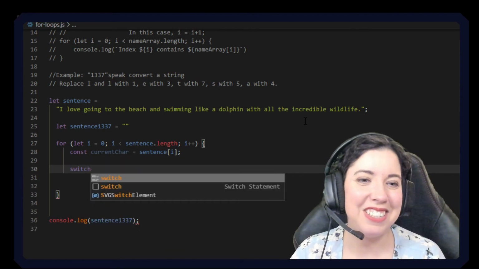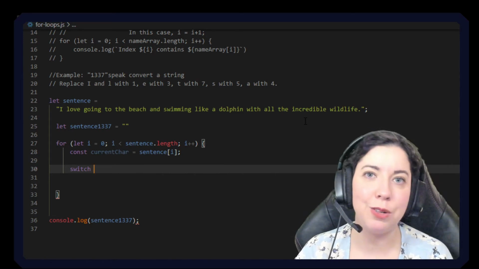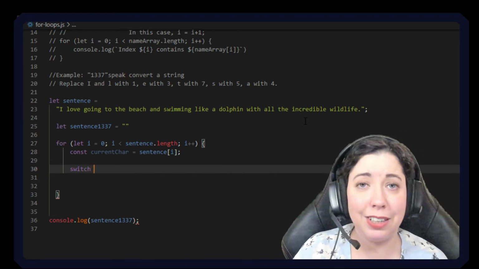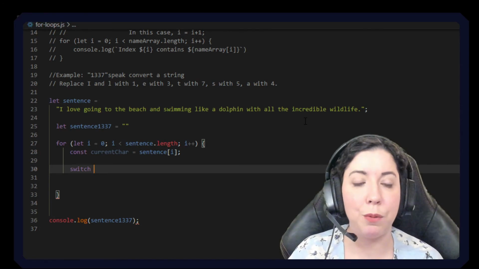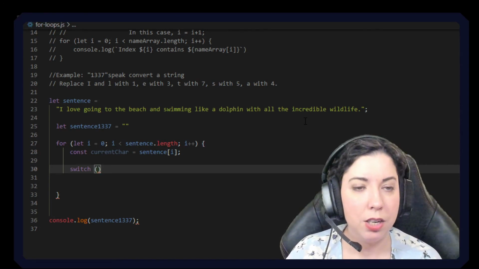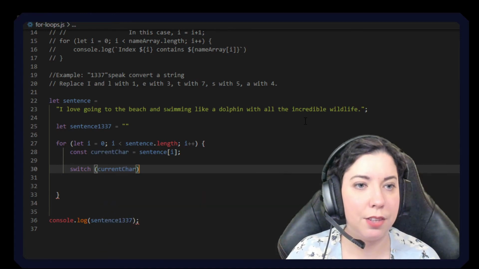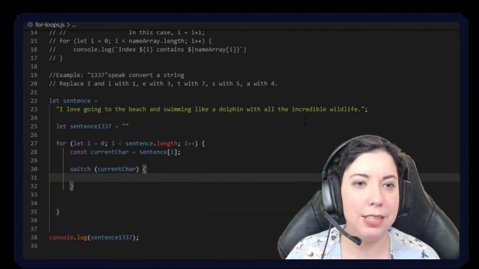Now we're going to use a switch statement. I'm going to make a video on switch statements in the future, so if you're not familiar with this format, maybe give it a Google, have a little look now, but there will be more info coming on this soon. So switch, and then we're going to indicate that we are talking about currentChar. Okay, and then we're going to open our brackets, and we're going to say case